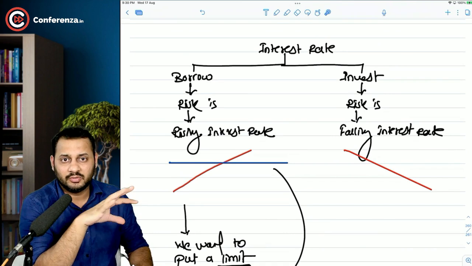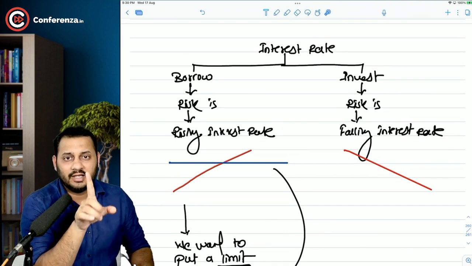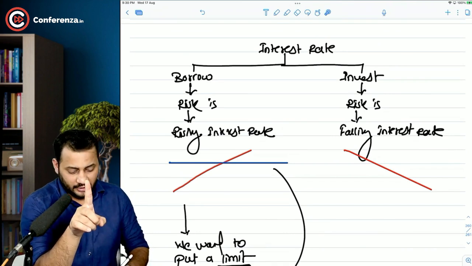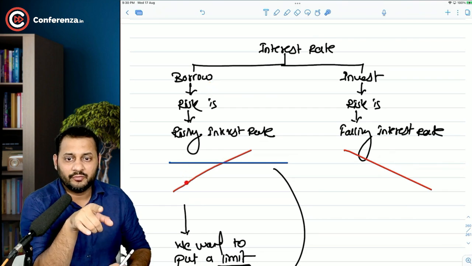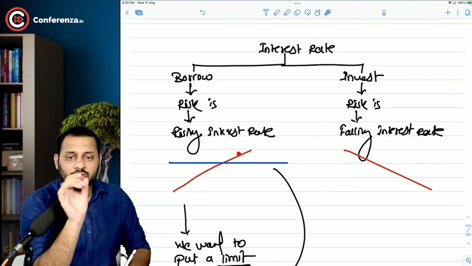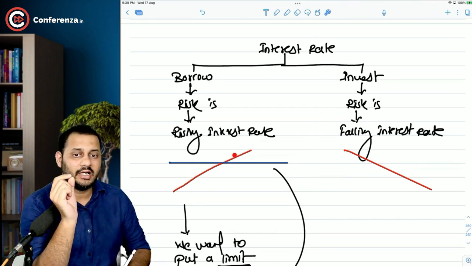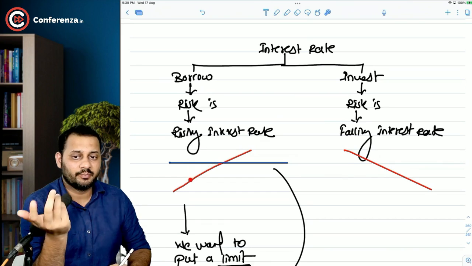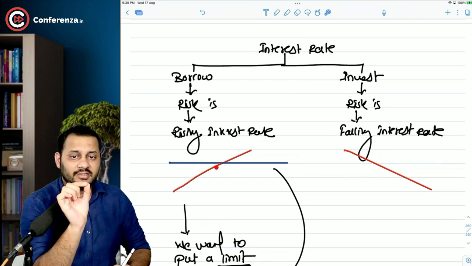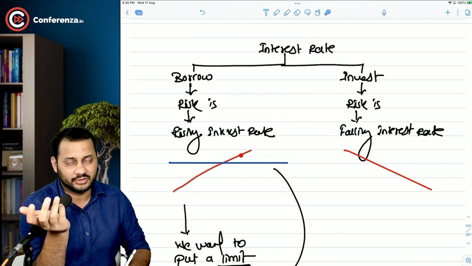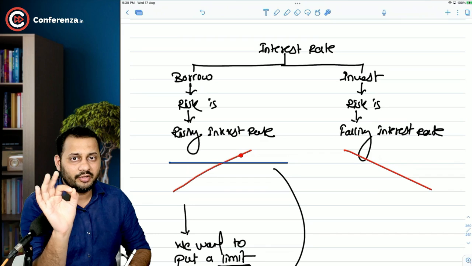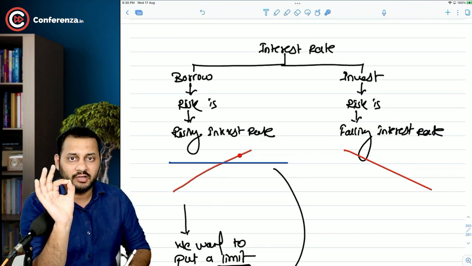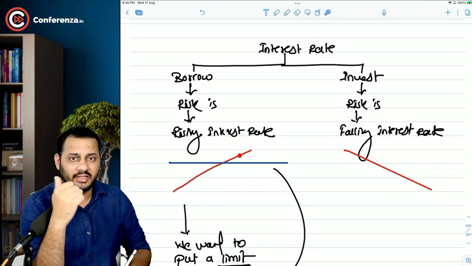See, this is all about the derivatives. In reality, what will happen, I will tell you. If you are going to borrow, you will have to pay the ongoing interest rate. So you might be at any point on this line. It might happen that the interest rates are this and you are paying this much. Interest rates are this, you are paying this much to the bank, and interest rates are this, you are paying this much to the bank. At any point of time, the spot rate will be the interest that you will be paying to the bank